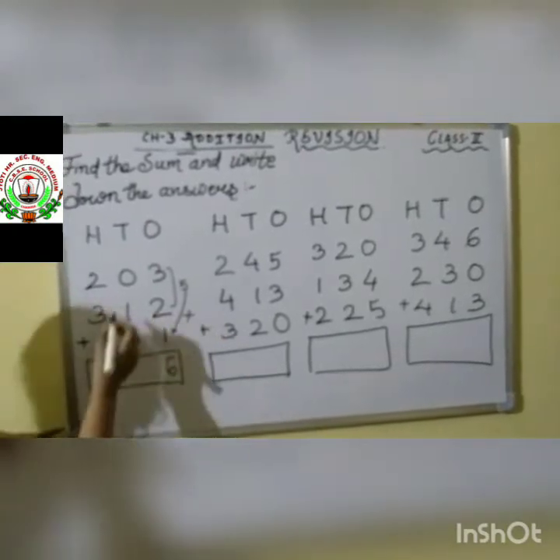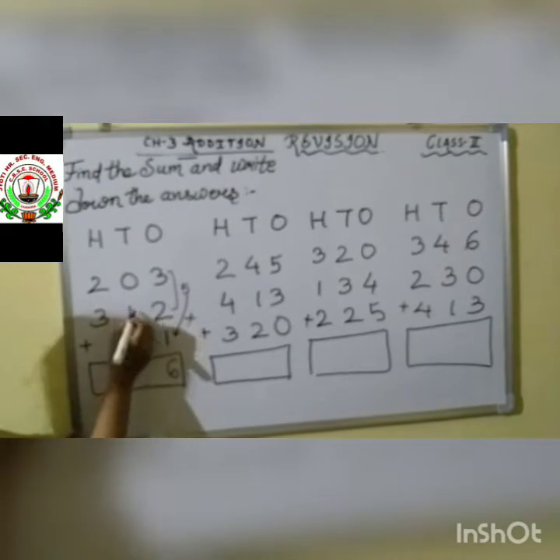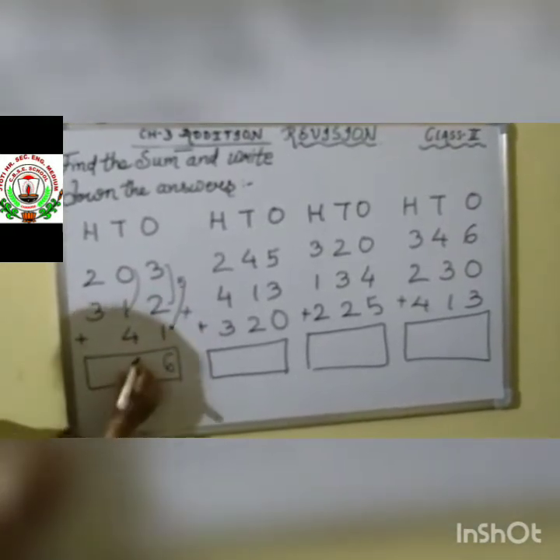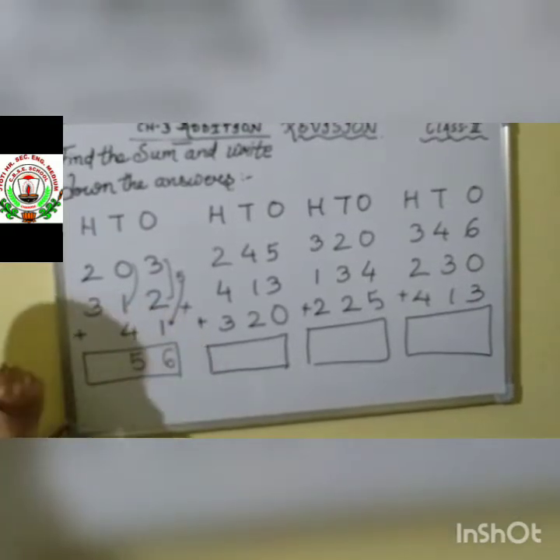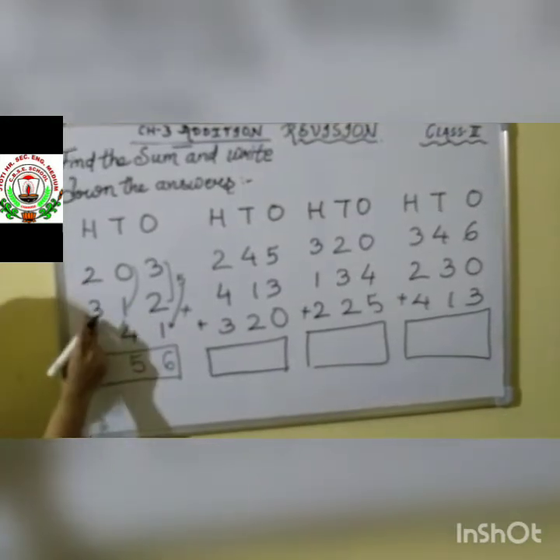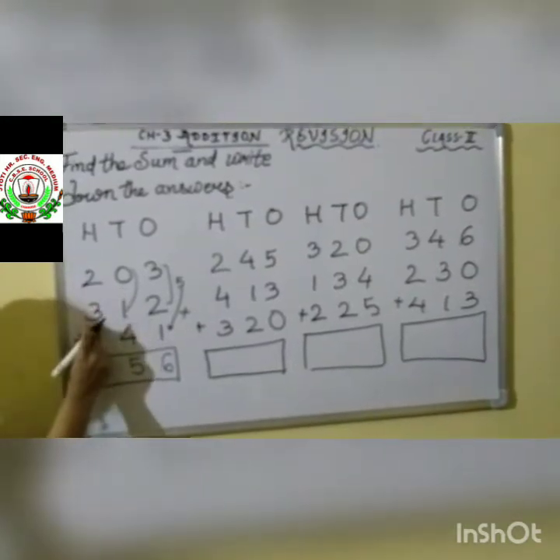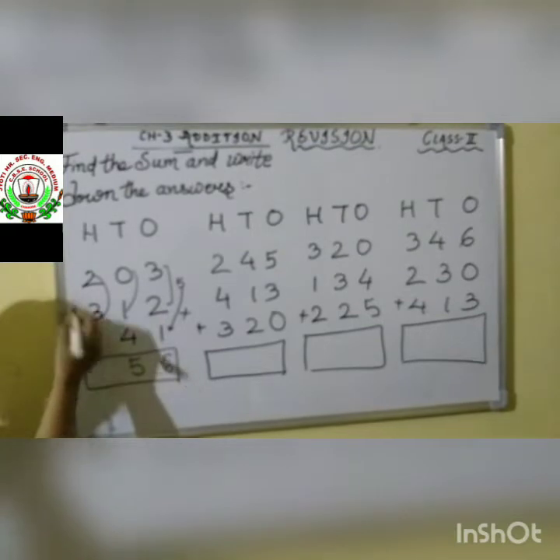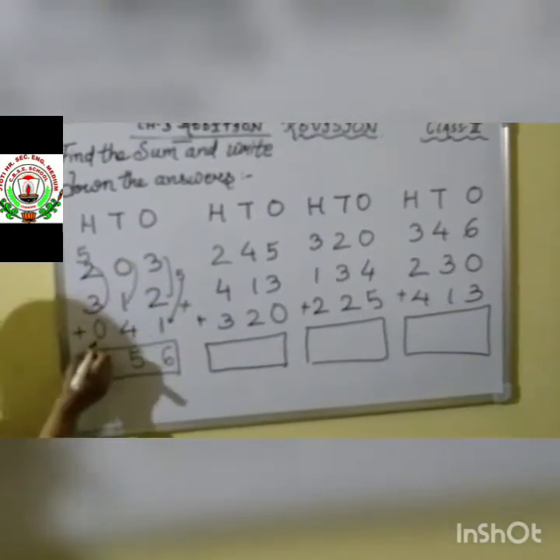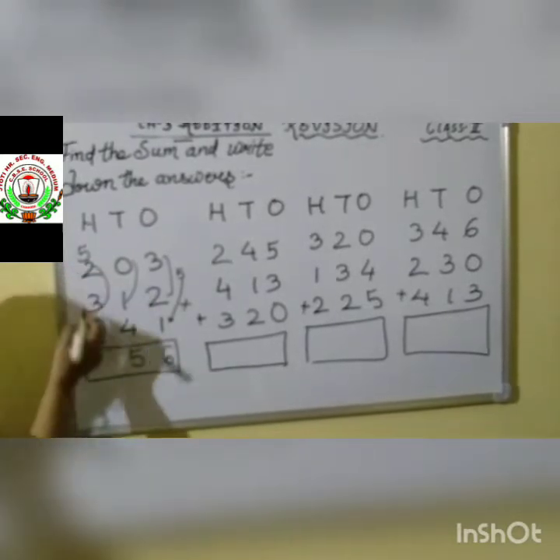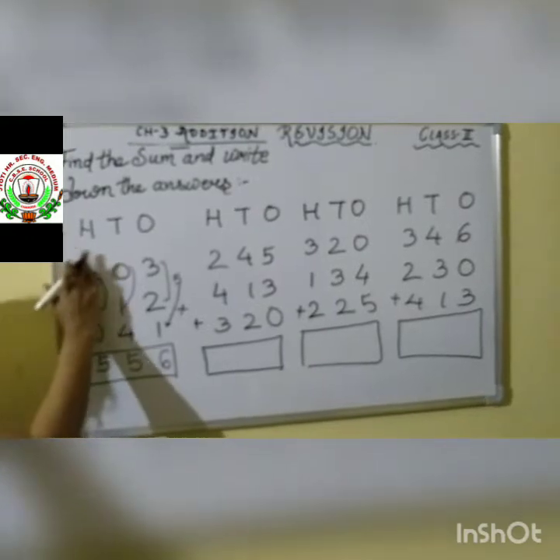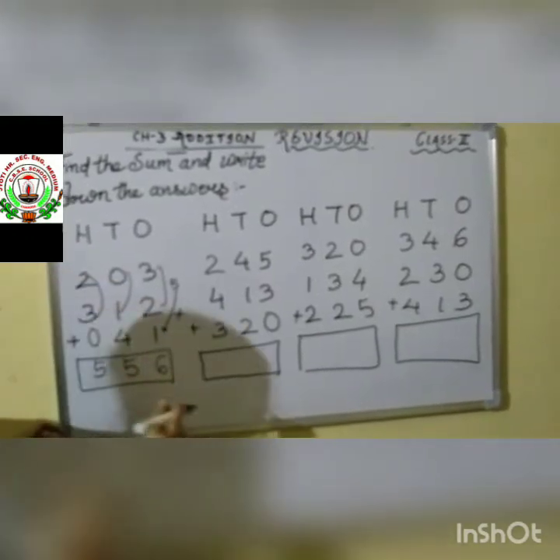Let us see the next question. Tens place, 0 plus 1, 1. Then 1 plus 4, 5. This 5 we write in the tens place. Then next place value, 100. We have 2 and 3. If we add 2 and 3, we get 5. Yes or no? 5. Then nothing is written again, so we can put 0 directly, and our answer 5 plus 0 becomes 5. Okay, got it?